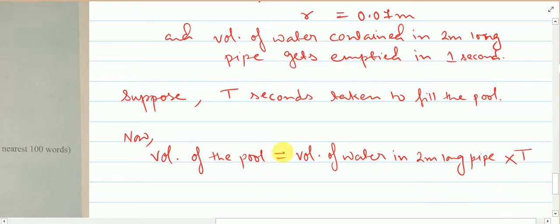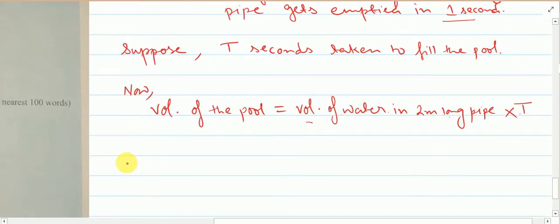Because here they have said that volume of water contained in 2 meter long pipe gets emptied in 1 second. Okay. So since t seconds taken to fill the pool, therefore total volume of water emptied by that pipe will be volume of water in 2 meter long pipe into T. Okay. Now we will make T the subject. So I can write T is equal to volume of the pool upon